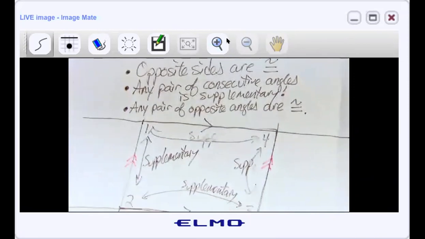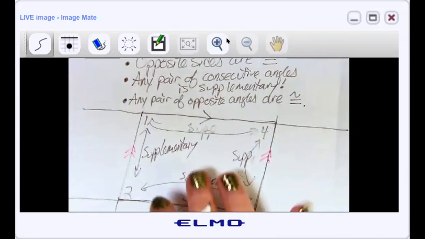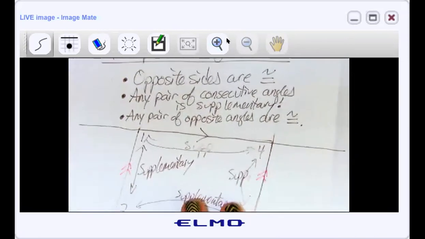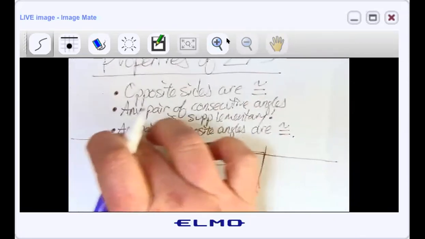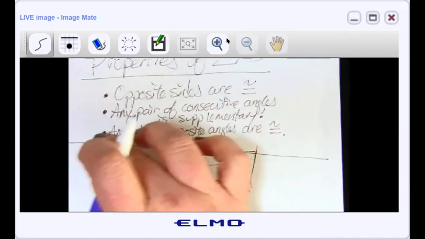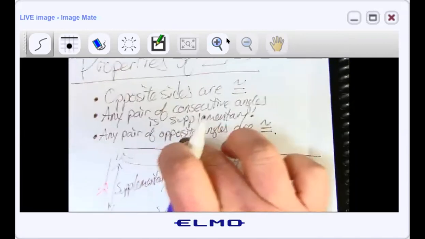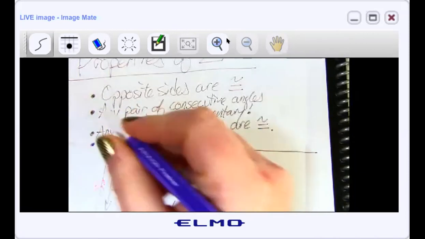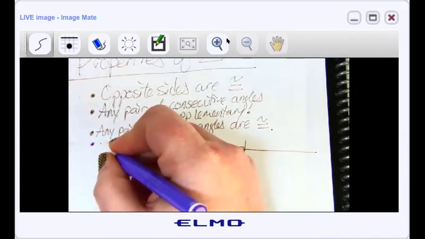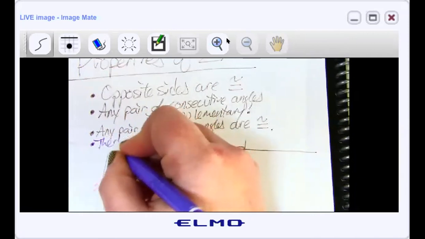So I'm going to try and squeeze it in here just so that I have the full list in one spot. My apologies, I didn't give myself nearly enough space. All right, so the last fun fact: the diagonals